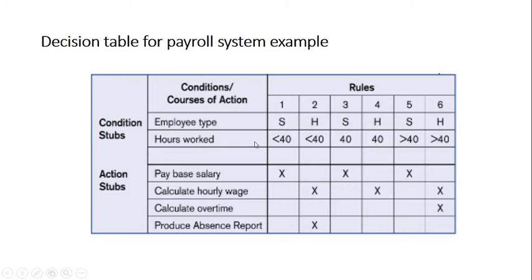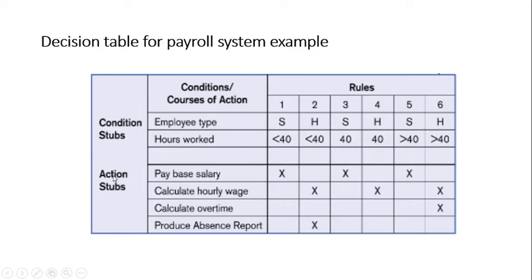So take the combinations. If a person is salaried and he works for less than 40 hours, or if he is working on hourly wages, less than 40. So for both cases, for less than 40, salaried as well as hourly wages. Then if it is equal to 40, whether he is salaried or not. If it is greater than 40, whether he is salaried or not, right? So we have written all the possible entries of these two conditions, right? The possible values they could take.